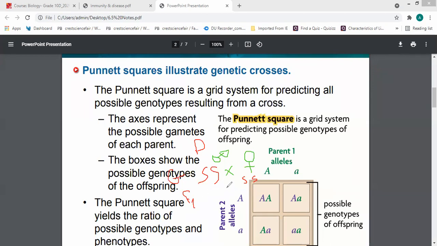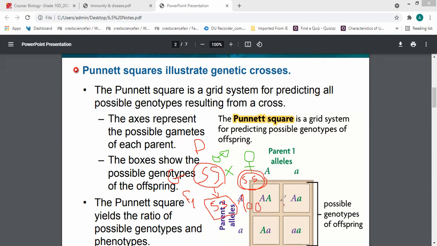The mating between capital S and small s: this one will give just capital S, and this one will give just small s. So the result will be capital S, small s, 100%